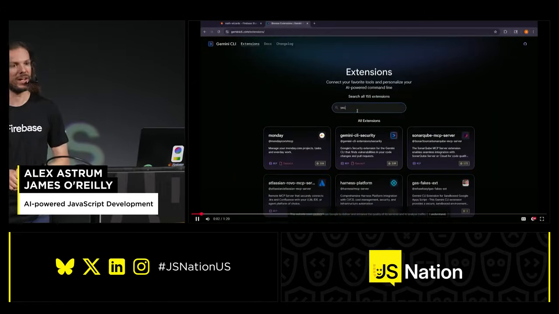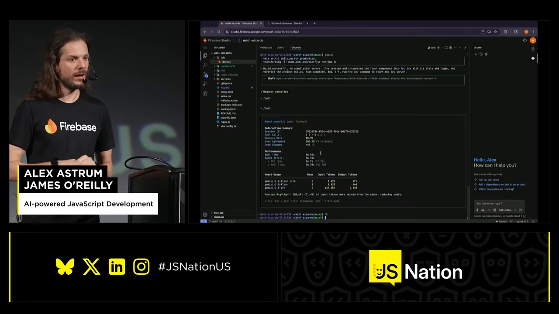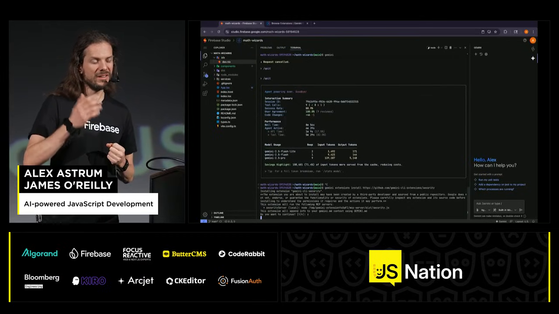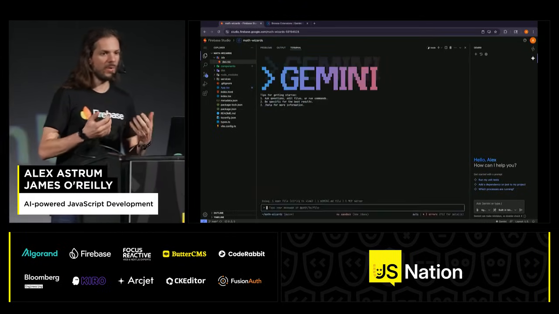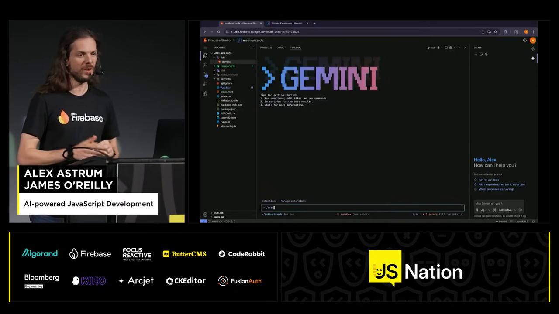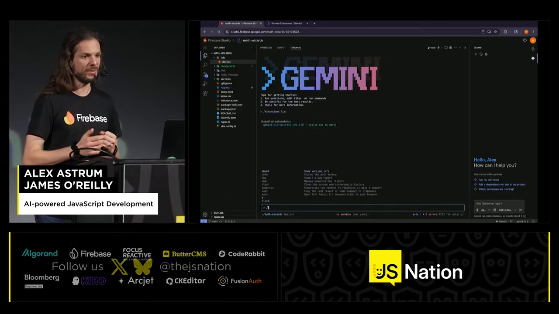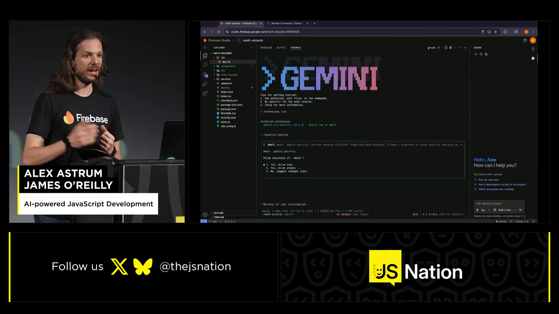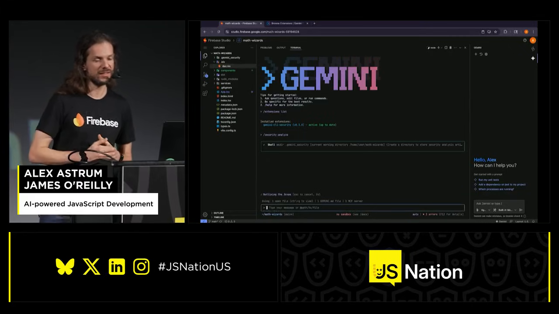So I'm going to go ahead and look up a security extension. Why? Well, I have a lot of AI-generated code, and I only had time to read it at a high level. I want to get some tips on whether I should investigate certain aspects of my code more deeply. So I see that the extension was installed successfully, and I'll run it and ask Gemini to analyze the code